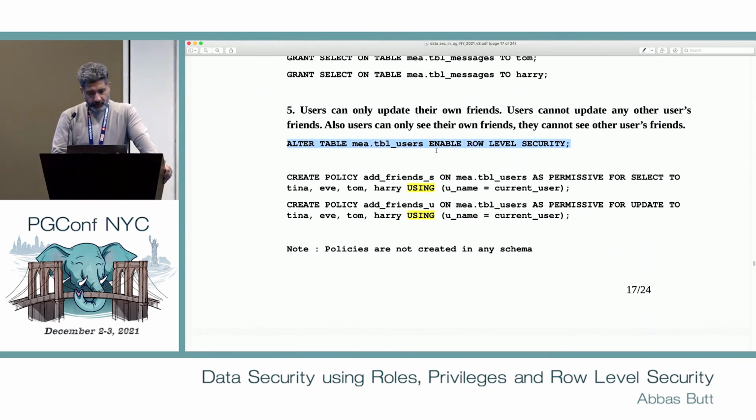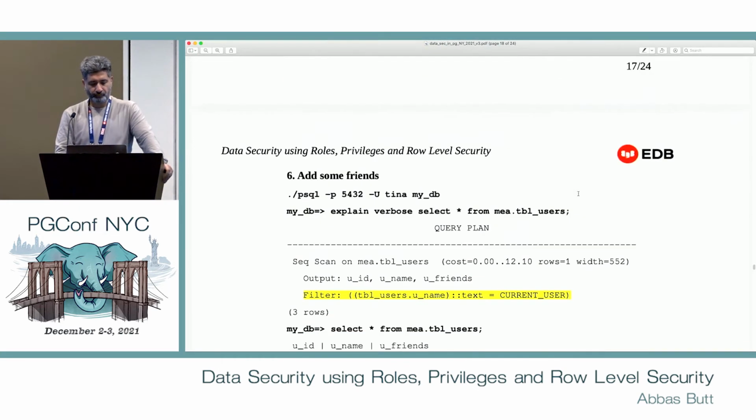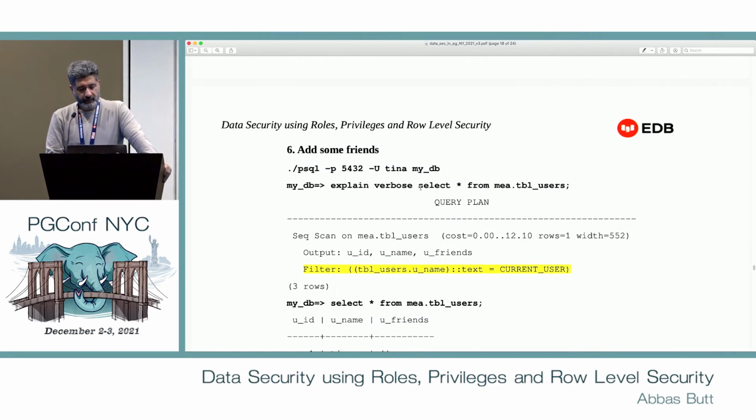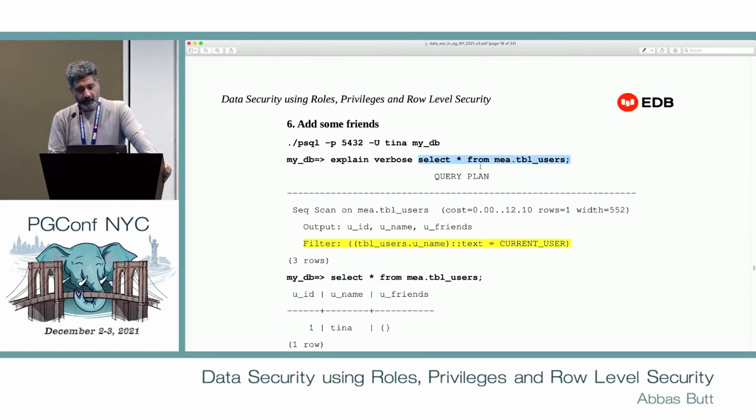This alter table enable row level security. This is a required step. By default, row level security is not enabled on the tables. So if you are going to implement any rule using the row level security, you have to alter the table to enable row level security. Anyway. So if you select from the table users, you would see that the condition that I had given in